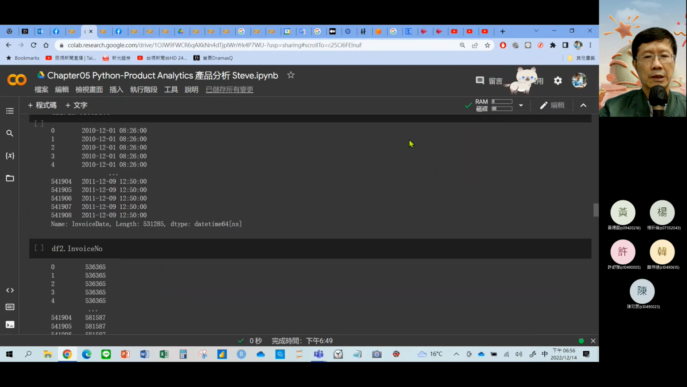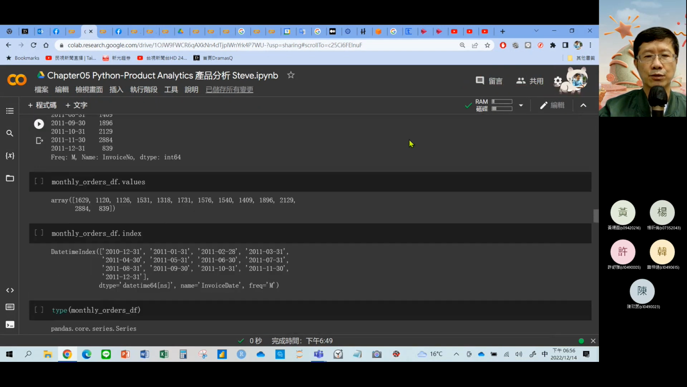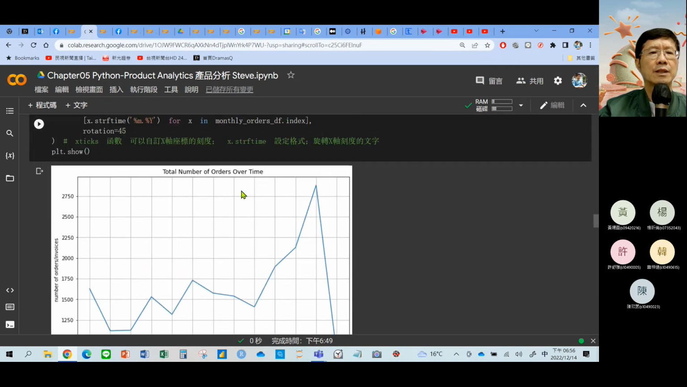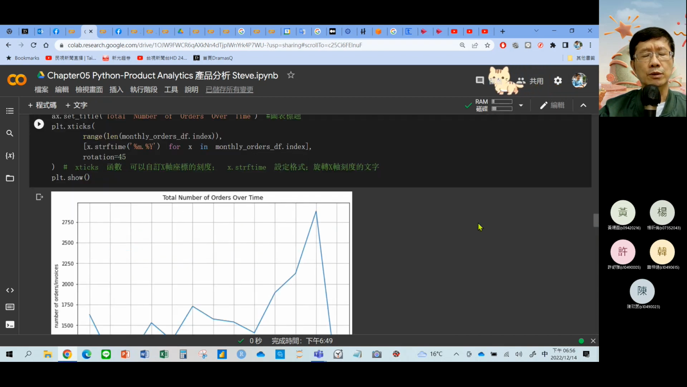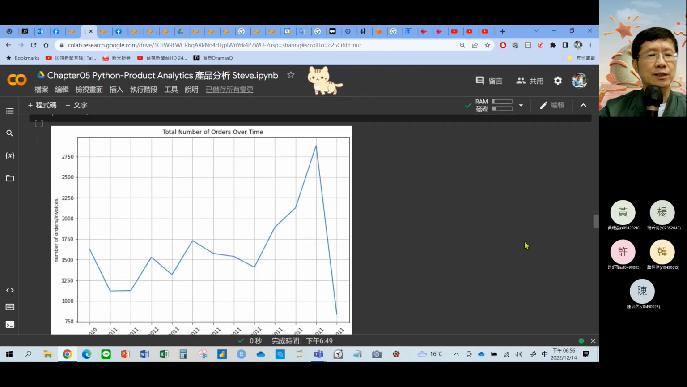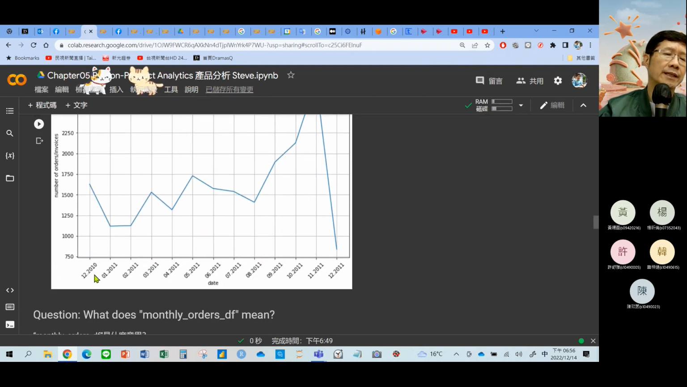Okay, so right now we have a purpose to check the total number of orders over time. So what does this mean? If we want to check the trend for the orders for each month, that means you have to calculate the summation for each month. Like this one, it should be